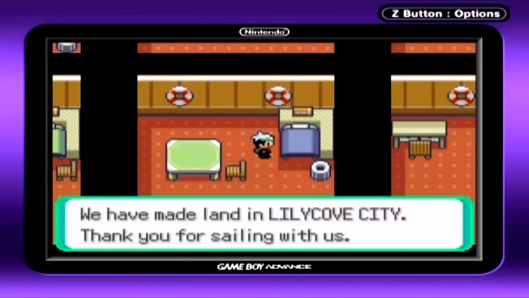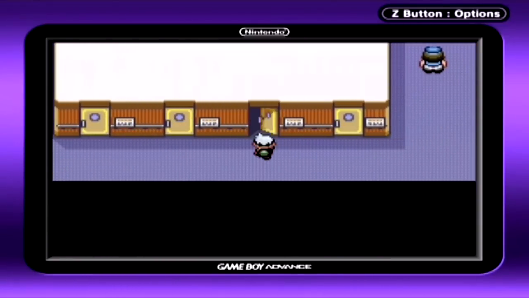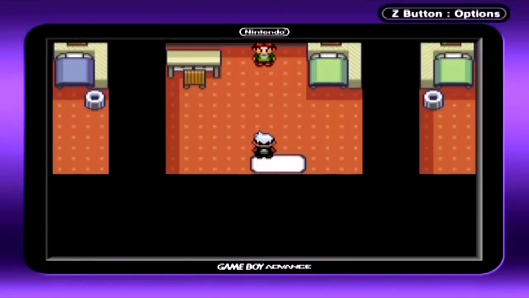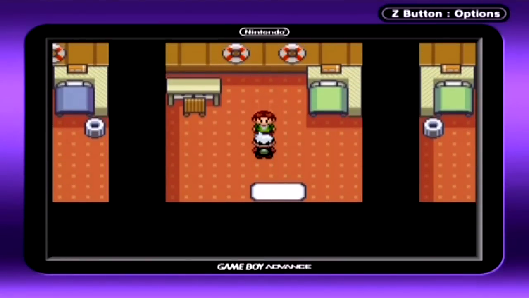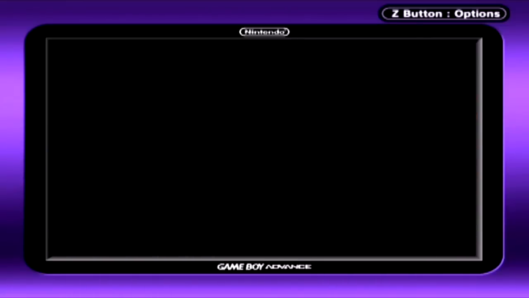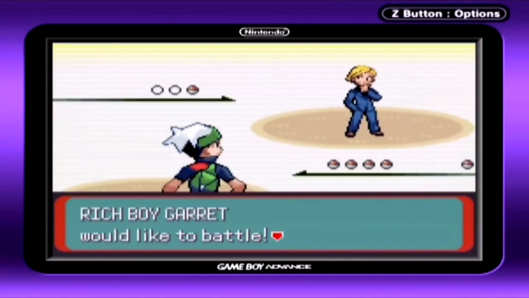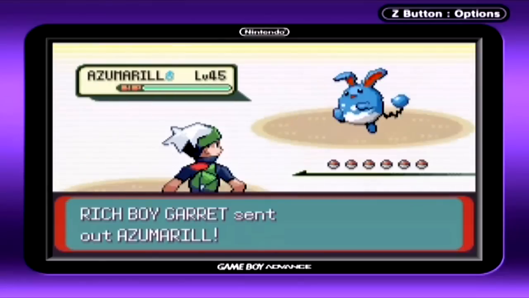Once you rest in this bed, you can arrive in Lily Cove City just instantly from just resting in the bed, similar to Gold and Silver, but I kind of want to take care of all these trainers first. I think I'm going to go ahead and speed up unless there's something that I can find worth talking about with any of these trainers, because, simply put, I don't really have much to say about a bunch of different battles. Garrett, what are you, like the...